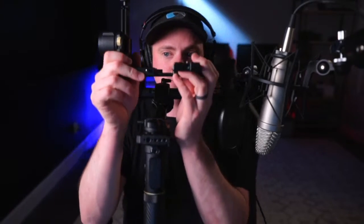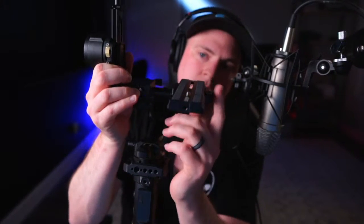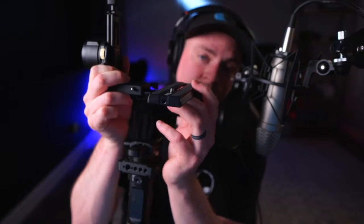So as you know, the Blackmagic Pocket 6K is a very wide camera. It's strangely wide. And I think it's because there's a 5-inch display on it, so that just has to naturally be really wide. But I'm going to try and show this to you guys. As you can see, hopefully you can, this connection right here slides out a lot. And because it does, it allows you to have space to fit the Pocket 6K onto the gimbal because you have that extra space. Pretty much a lot of the other ones, like the Ronin S original,